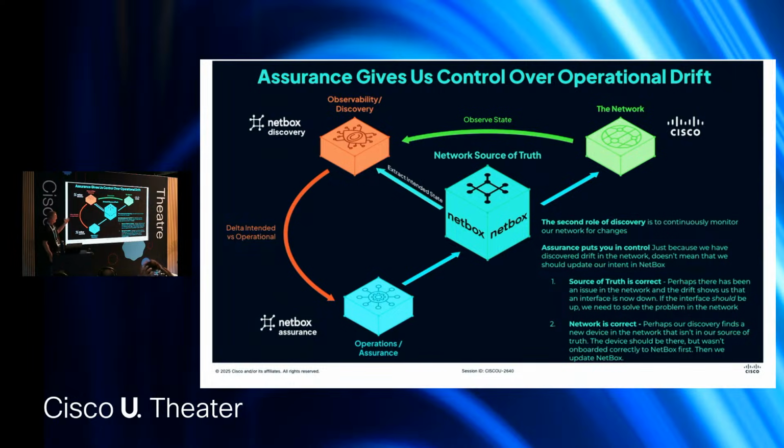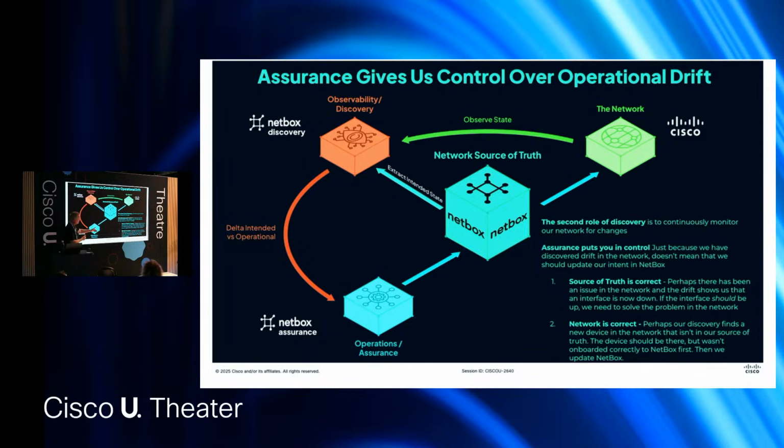So this is the key thing here, the delta between the operational state and what's actually in NetBox. Now, if there is a difference between those two states, we want to be able to do something about that. And that's where we have a couple of options at this point. So it could be that NetBox is correct and there's a deviation from our intended state, so we want to take some kind of action to remediate that. If you're at stage 3 of the network automation journey, you'd probably automatically remediate that kind of issue.